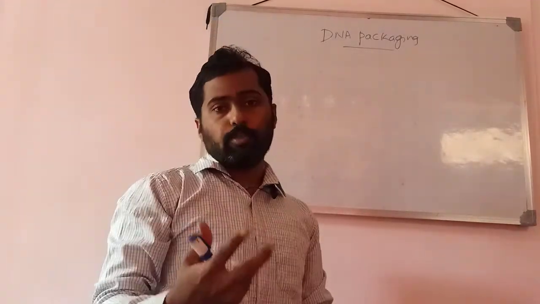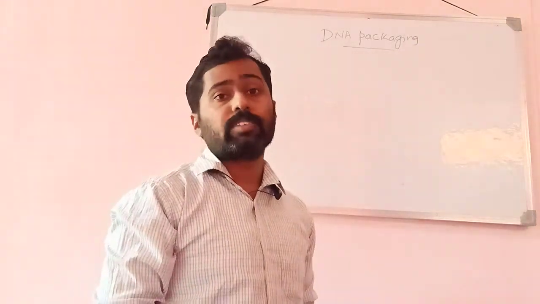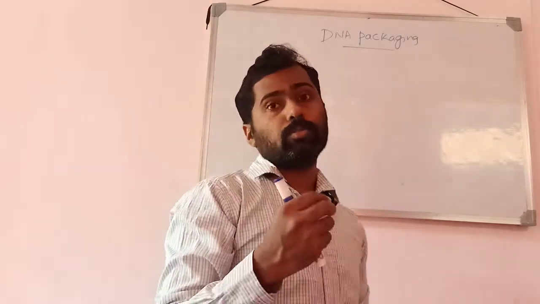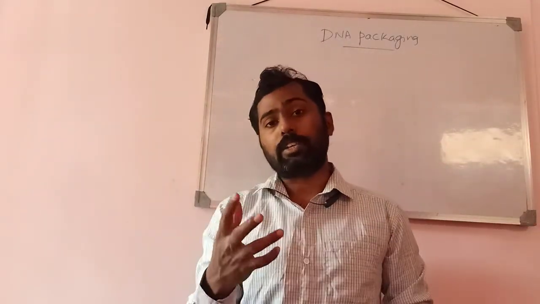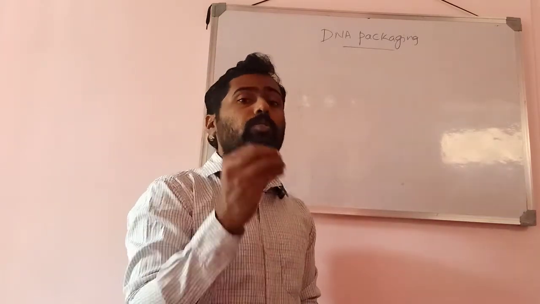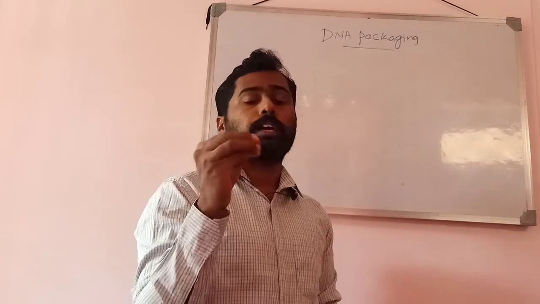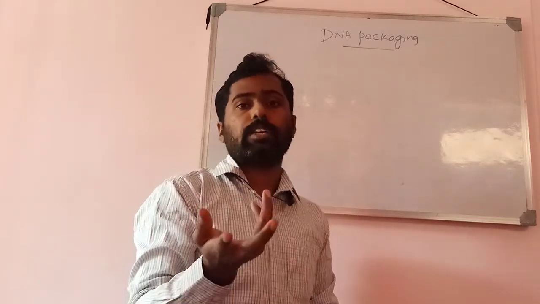A single cell of a human being consists of nearly 2 to 3 meters of DNA in a single nucleus. That is around 2 to 3 meters of DNA that can be seen inside a single nucleus. So then you think about the length of the DNA. DNA ಎಷ್ಟು length ಇದೆ ಅಲ್ಲಿ. So ಅಷ್ಟು length ಇರೋಂಥ DNA to accommodate inside the nucleus, even though you know that the cell is microscopic